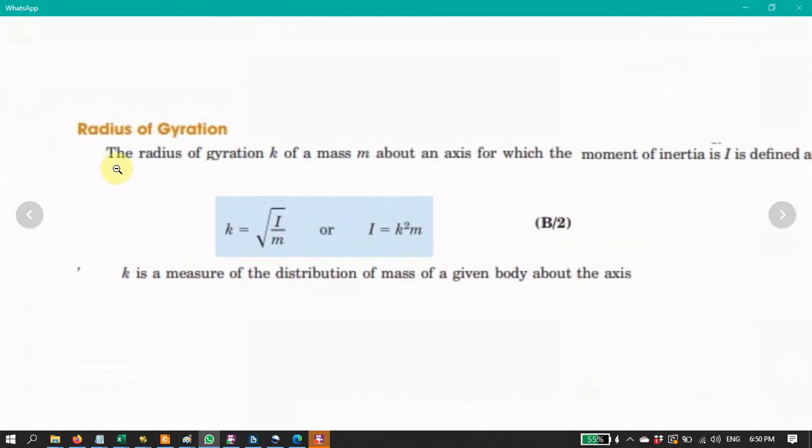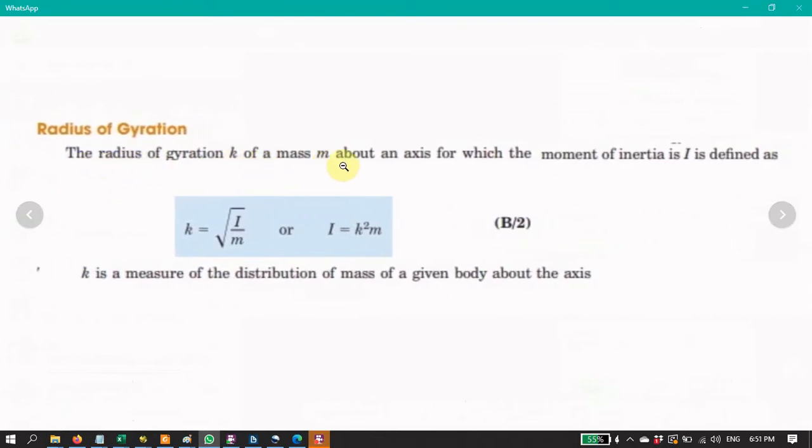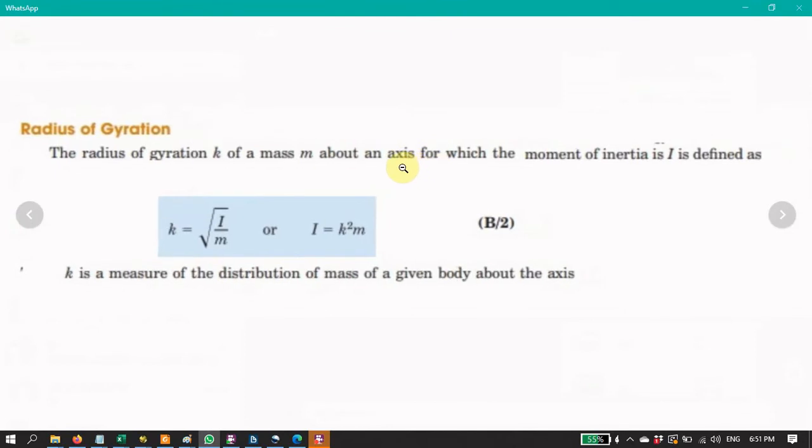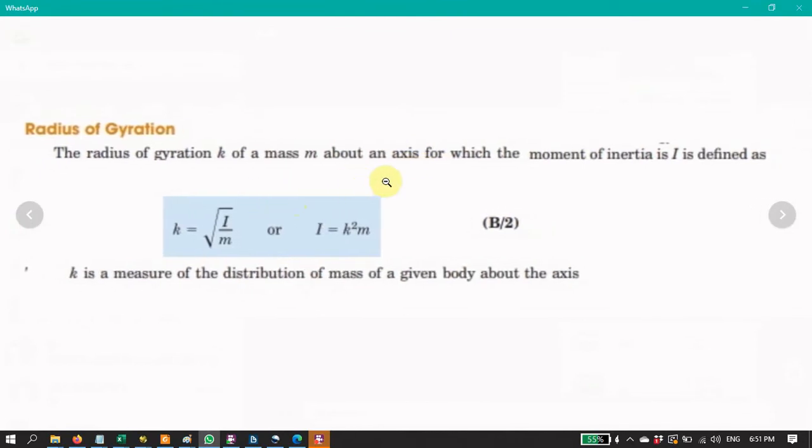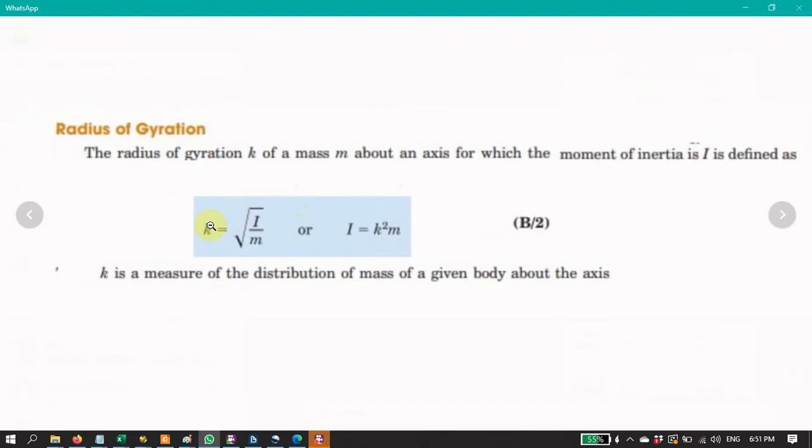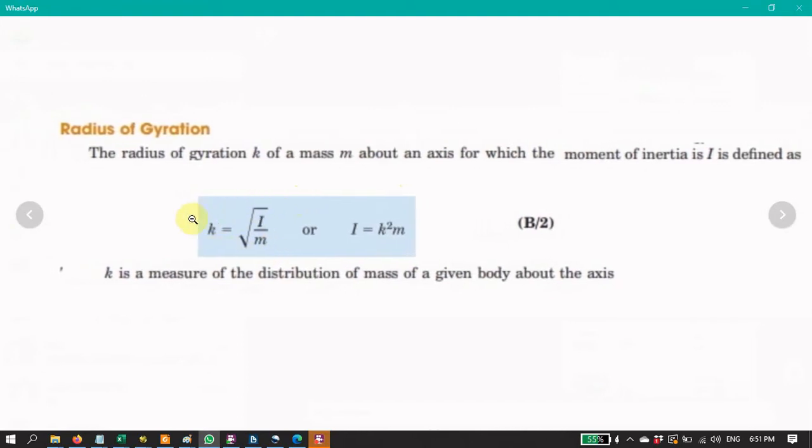When we look at the definition of inertia, we have the integration of distance to the power of 2 times dm, the mass of the element inside the rigid body. So the radius of gyration is defined by the square root of the moment of inertia for the body,